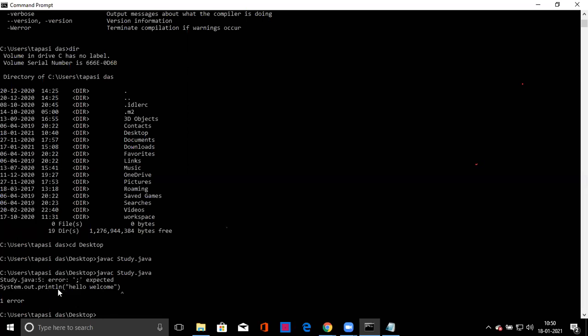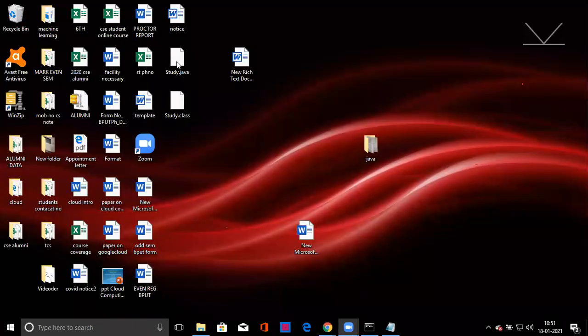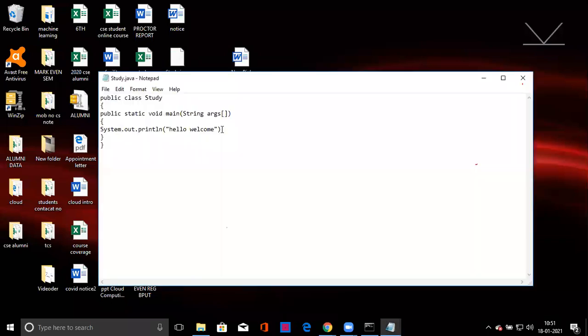The error you can get, semicolon is missing, so one error is found. Understand? So here the compiler is checking the error. If there is any error, you have to again go to the notepad and correct it. Again open the notepad, again you have to put that semicolon, again save it.